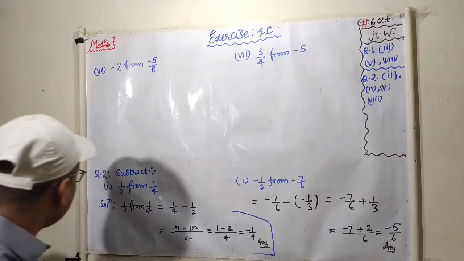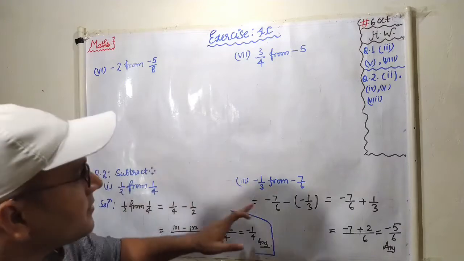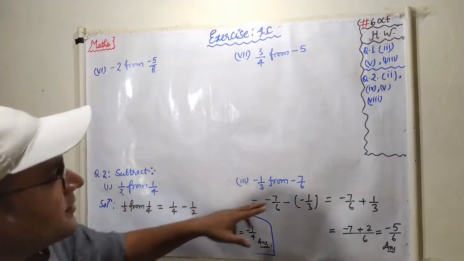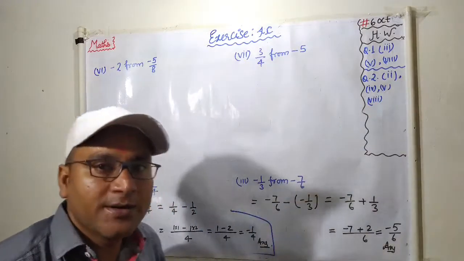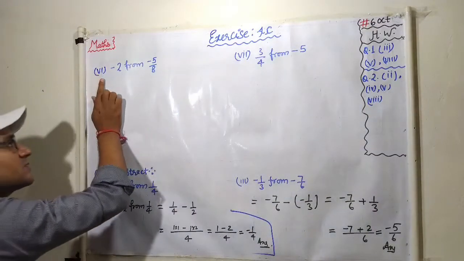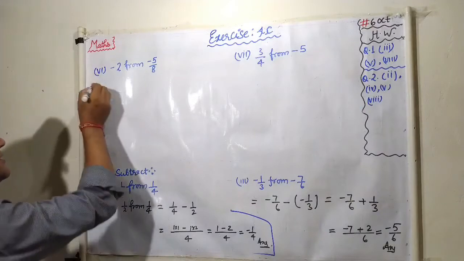So next question is after first and third. Question number second, first and third. Second is your homework, fourth, fifth, and eighth one is your homework, students. Now this question number 6 one. See this one, very important.